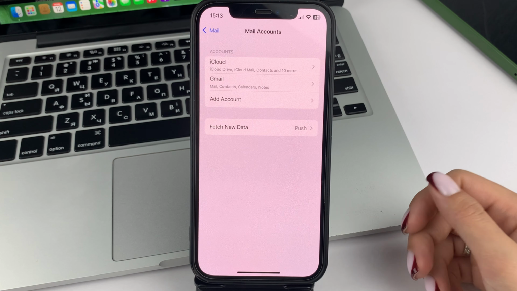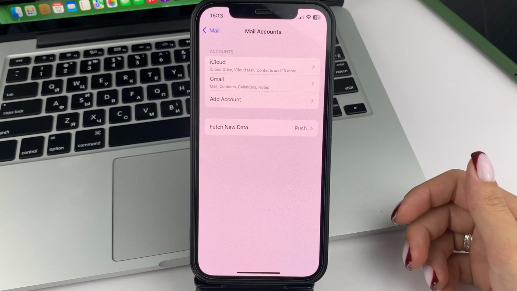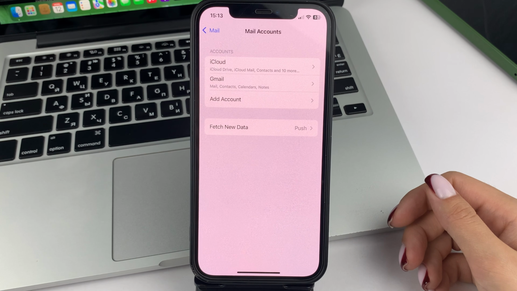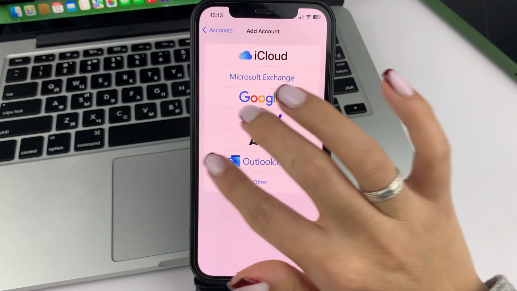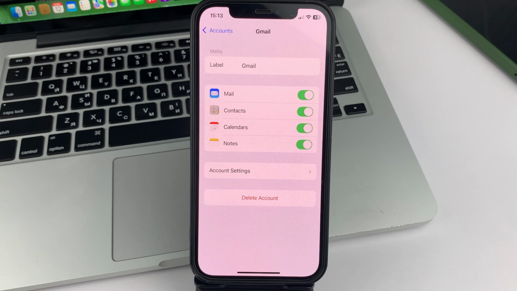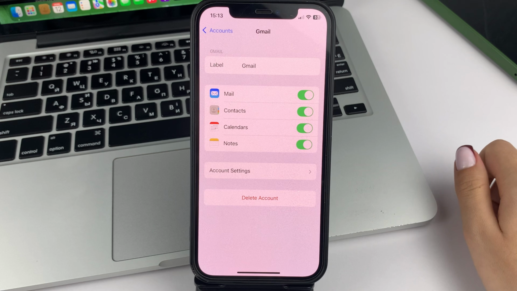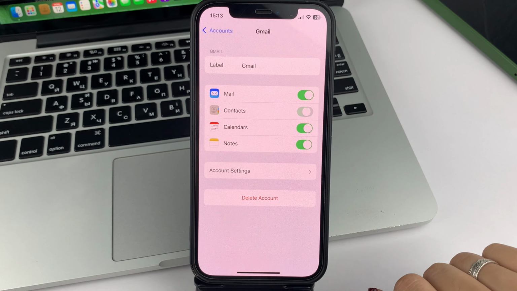And now friends, automatically you already start importing contacts from your Google account to your iPhone. But to make sure, I recommend you go to the Gmail option on the Mail Accounts page. And here check if all the contacts are really connected. This is where the contacts feature should be active. If you have it in this position, then you need to reactivate it.